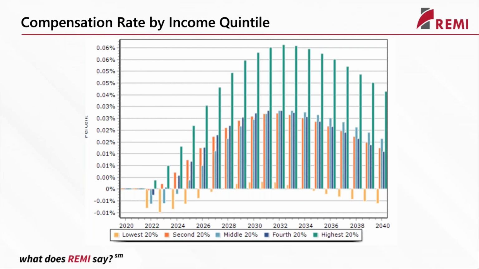But interestingly, the lowest 20% of wage earners actually see wage depression. Their wages go down at the beginning and the end of this time period, and there's only moderate gains, barely above zero, in the middle time period. And so again, we can see that as housing prices increase, we can see where that income inequality is coming in. It's really impacting the employment of those that are lower income.